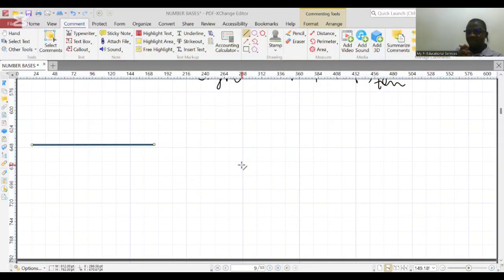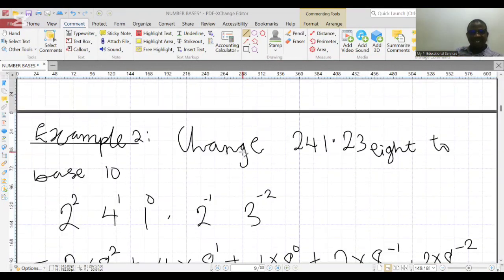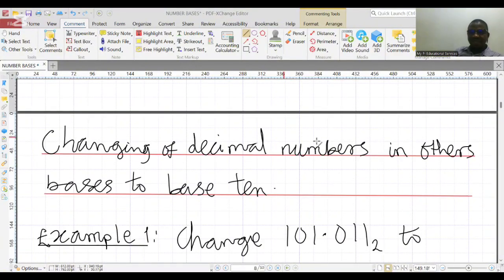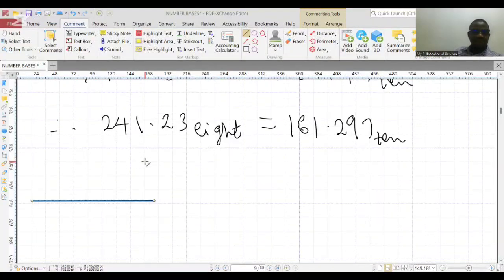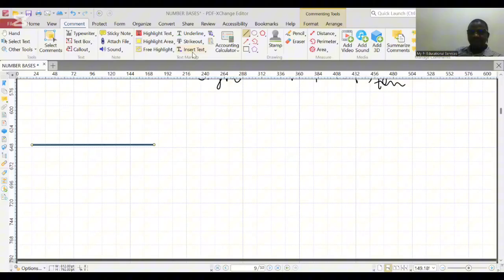Hi, learners. Welcome again to the fourth example of our topic, changing decimal numbers in other bases to base 10. We've been able to solve two examples. Now, let's take the fourth example. In this example, that's example 3,